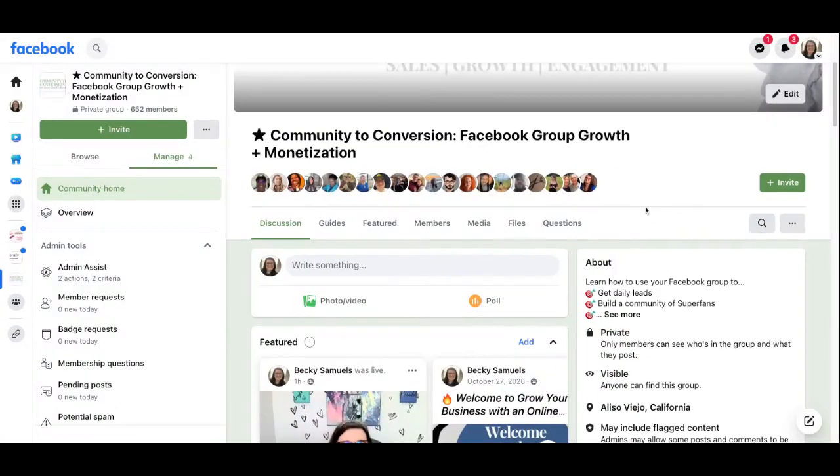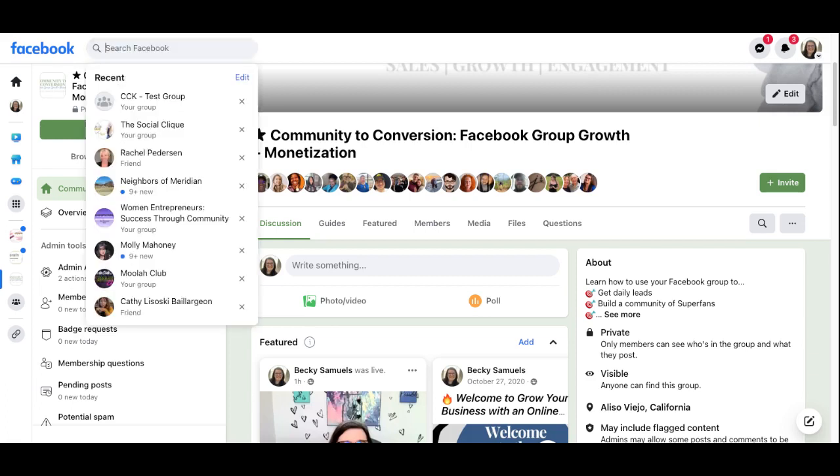Okay, so we're going to go through the settings in my group. The first thing you want to do is to make sure that you have keywords in the name of your group. The one thing about Facebook is there is search optimization. So depending on what you are offering, you want to make sure that you use keywords here that people search. So just to give an example, let's say that you were helping